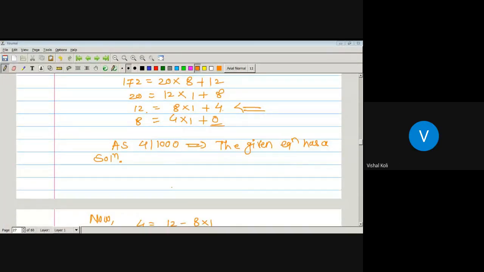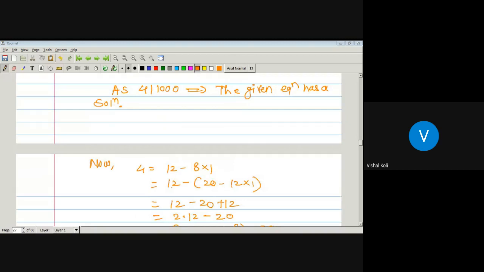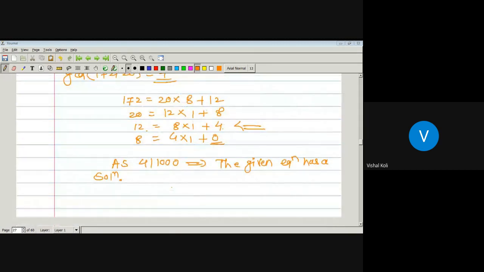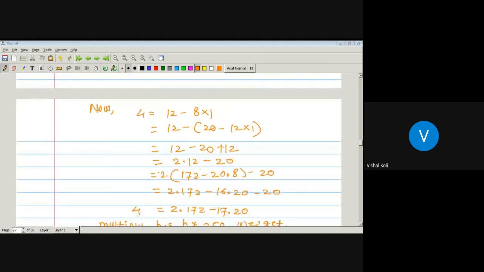We found the GCD using Euclid's algorithm. Okay, so now as here we have to find out the values of x0, y0, then we have to express C as a linear combination of A and B. So for that, first we will express our D as a linear combination of A and B.